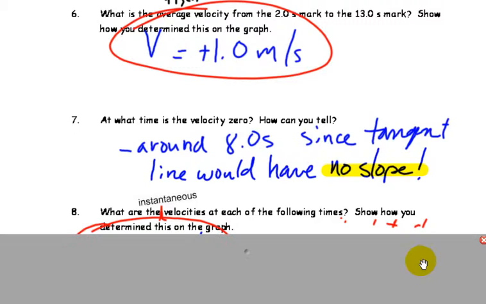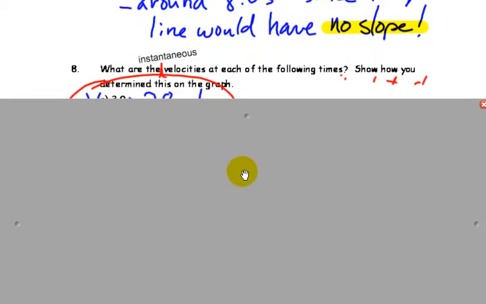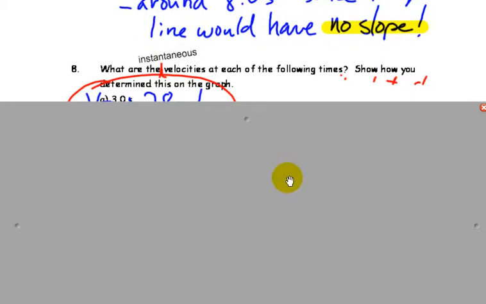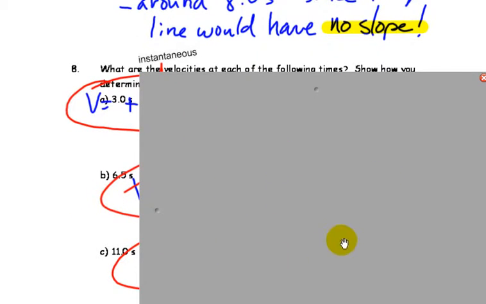So here we're looking at instantaneous. What are the velocities at each of these following times? Show how you would determine this on the graph. So I have final answers here. To see how we got these final answers, we need to look at the process. So at 3 seconds, 6.5 seconds, and 11 seconds. So first of all, at 3 seconds,